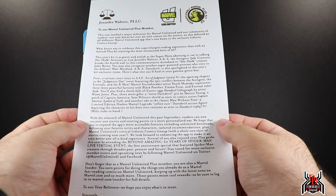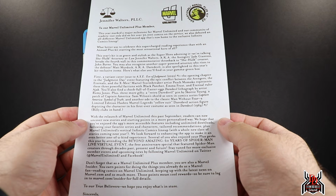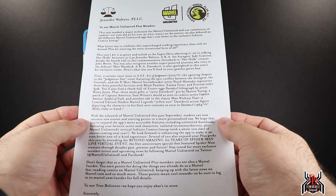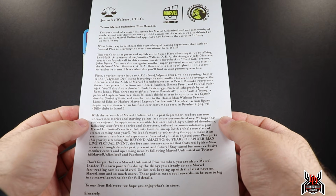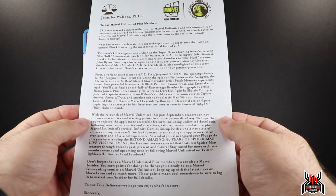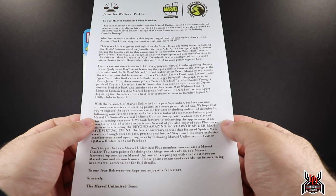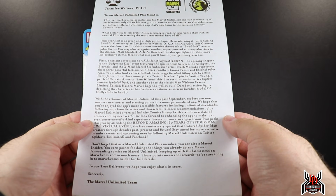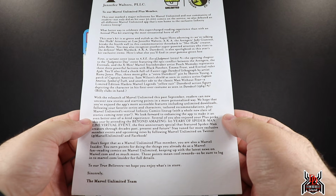retro Daredevil pin by Scotty Young, a patch of Captain America Sam Wilson's shield as seen in comic series Captain America: Symbol of Truth, and another ode to the classic Man Without Fear, a limited edition Hasbro Marvel Legends yellow suit Daredevil action figure depicting the character in his first ever costume as seen in Daredevil 1964 #1, Billy Clubs in hand. With the relaunch of the Marvel Unlimited this past September, readers can now uncover new stories and starting